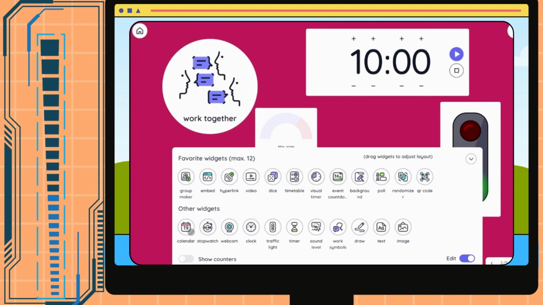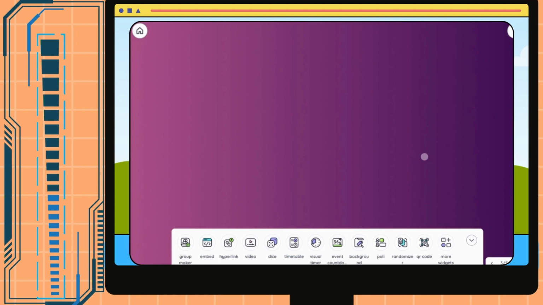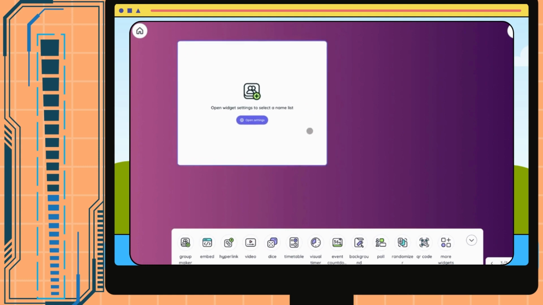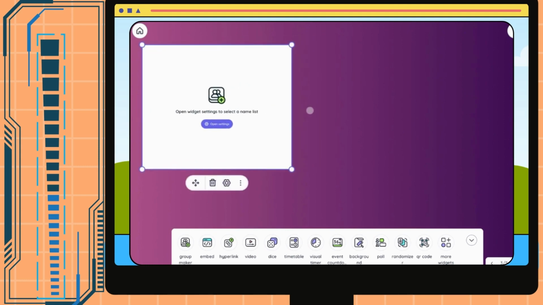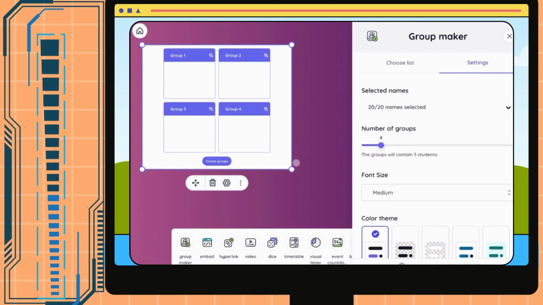We're going to go ahead and continue on to the next set of widgets, which I will go ahead and change my screen. And I will go ahead and continue on to which has been undeniably a fan favorite of this application in the classroom, which is the Group Maker application. So as soon as you click Open Settings and have clicked where you want your Group Maker widget to be on your smartboard, you can go ahead and select the class that you'll be creating groups out of, select the